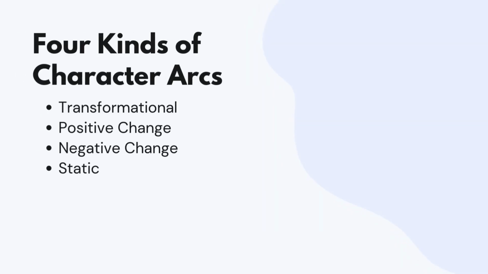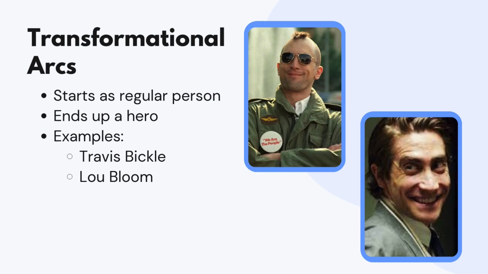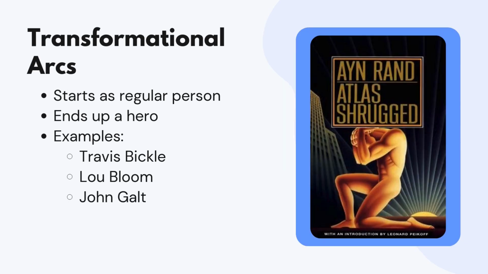There are 4 main types of character arcs: transformational arcs, positive change arcs, negative change arcs, and static arcs. Before we go into how to create a character arc, let's examine each kind. Transformational arcs are when your character starts the story as a regular person and becomes a hero by the end. In film, Taxi Driver's Travis Bickle and Nightcrawler's Lou Bloom would be excellent examples of this. In literature, Atlas Shrugged's John Galt certainly fits the bill. These types of characters take on great responsibility to heroically change their societies for the benefit of all ruthless white